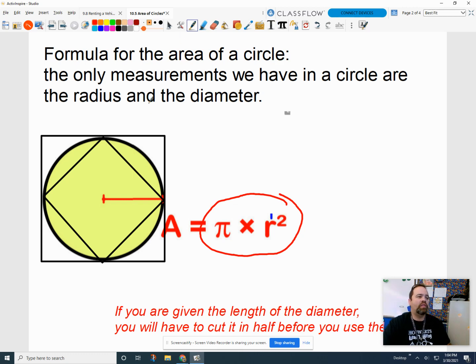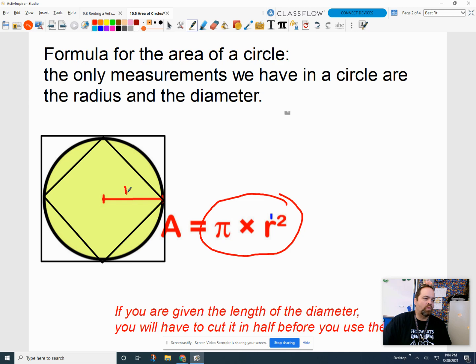But the area formula I think is kind of cool. And I had somebody explain this to me one time. I can't remember if it was in high school or one of my college classes. Why the 3.14 times the radius squared? Well, what happens is I've got these two squares here, right? I've got one square that is slightly larger than the circle and one square that is slightly smaller than the circle. What happens is